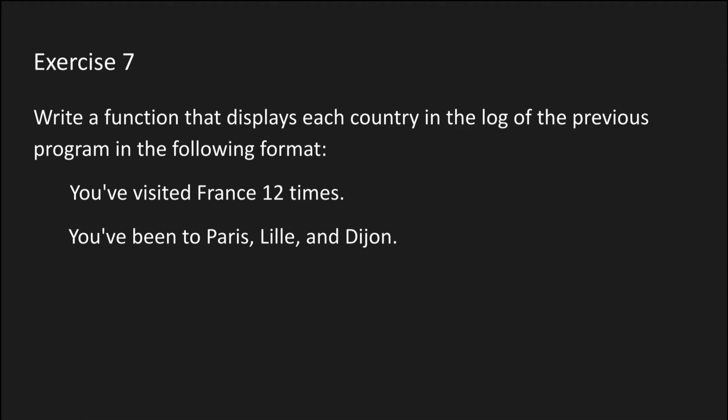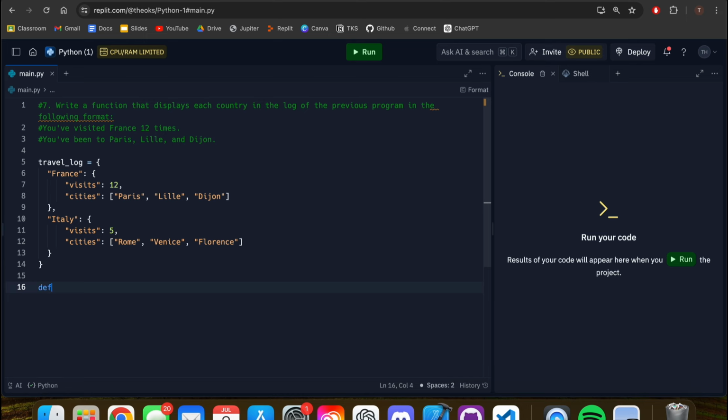Write a function that displays each country in the log of the previous program in the following format. You visited France 12 times, you've been to Paris, Lille, and Dijon. So we'll call this display log. And we need to get the dictionary for each country first. So for country in travel log,